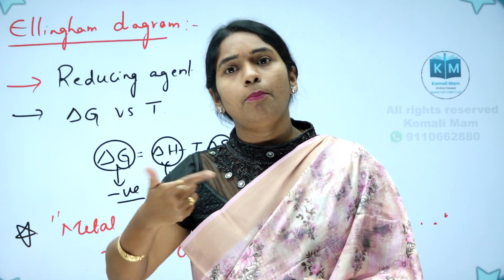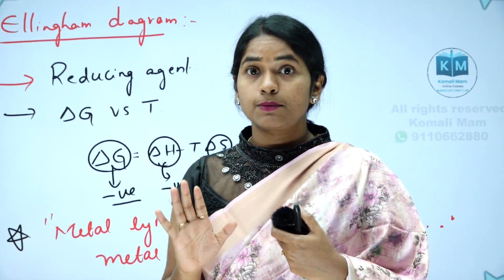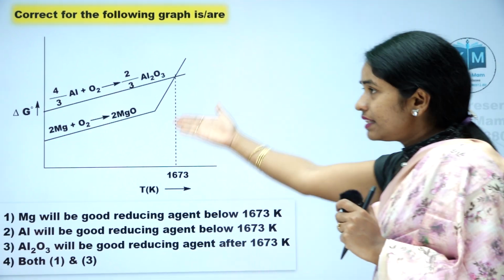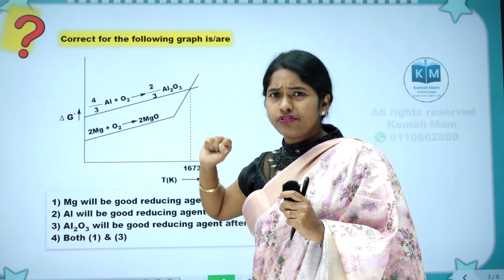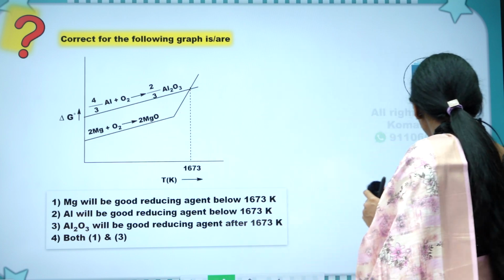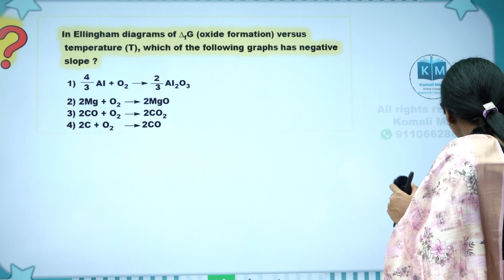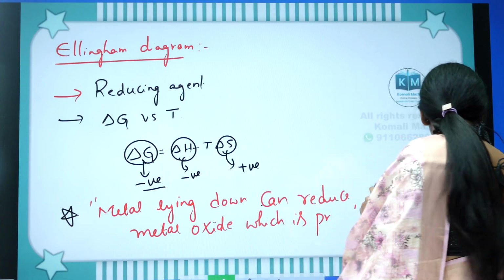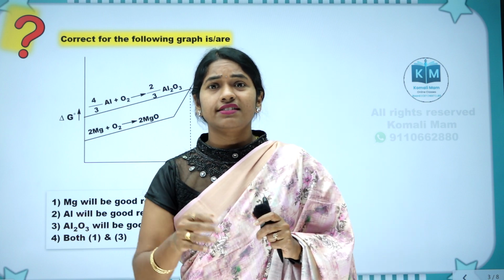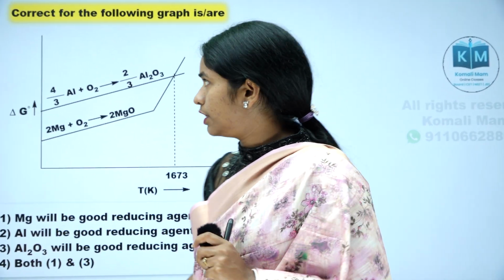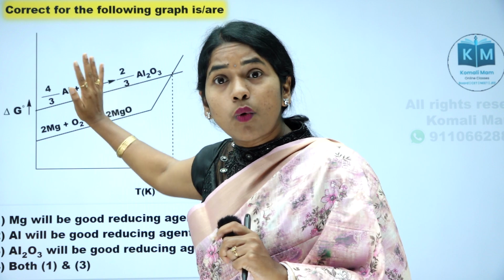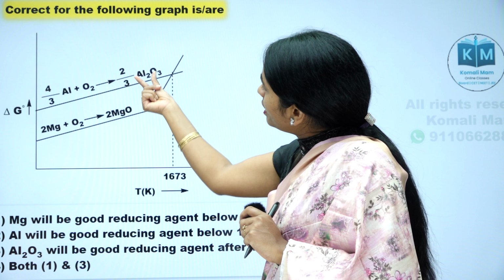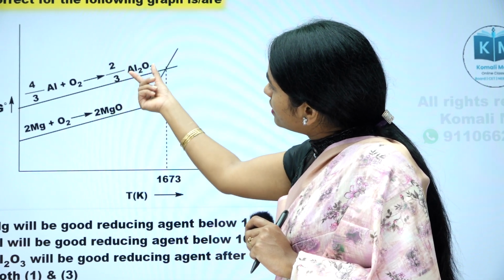And to support this point, one more small point I am going to explain that will help you. Just check it out. See this diagram. Like this they will give you the questions, correct? If you see the Ellingham diagram like this, see the question. These kinds of questions you will solve very easily, in less than a second, like 30 seconds or 20 seconds, just by seeing. First understand what this diagram is. Here metal oxide formations you are seeing. Oxide is forming, metal oxide is forming.